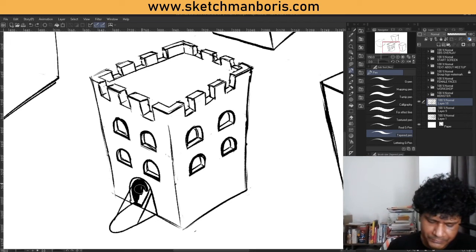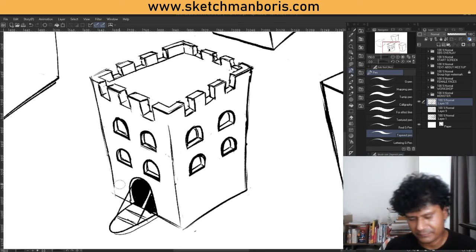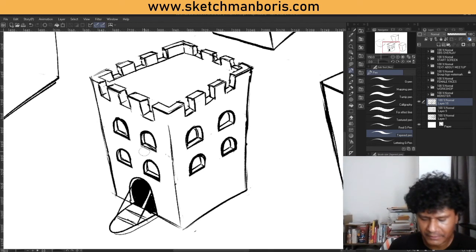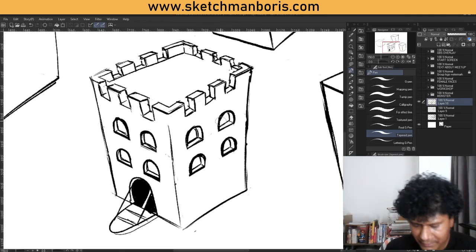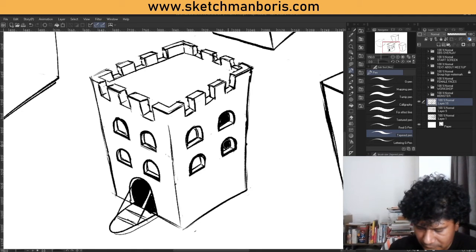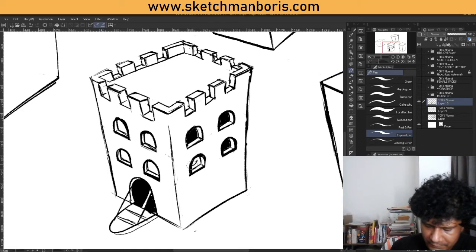So I'm using Clip Studio Paint, which is software for mostly comic artists, and the brush I'm using is just a pen because it's easier to see, and I can erase pen digitally, so I'm just using pen. And I just black out the